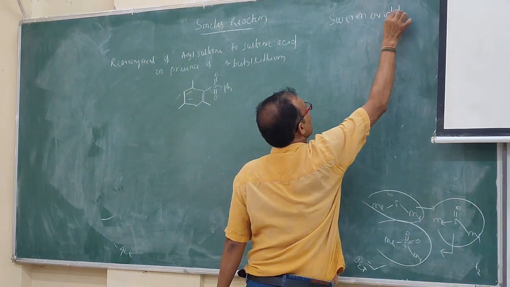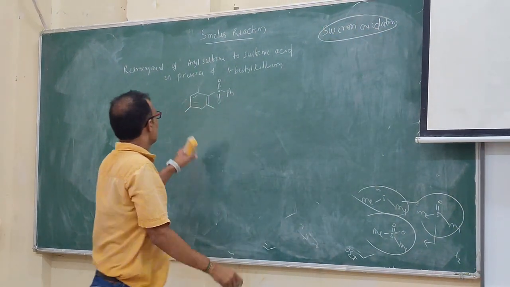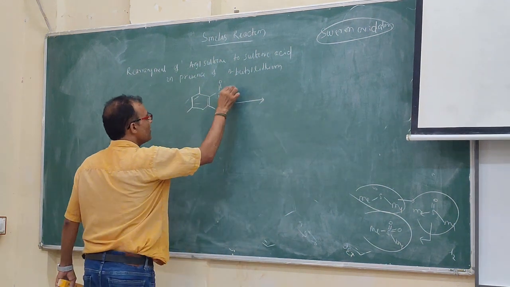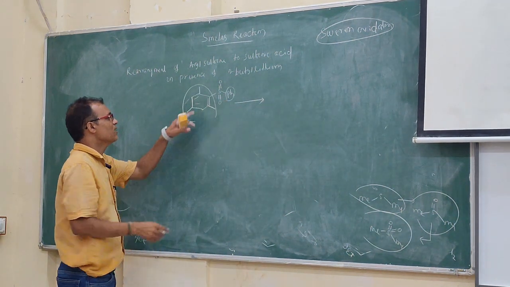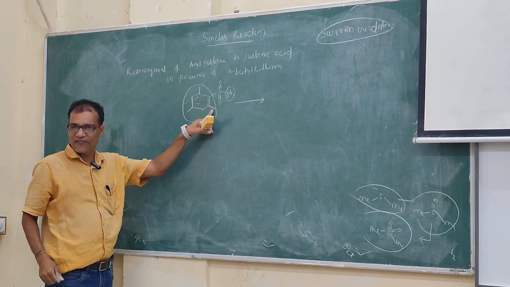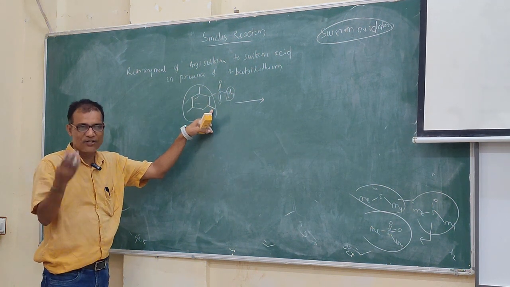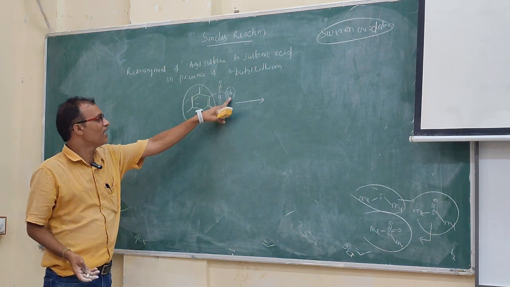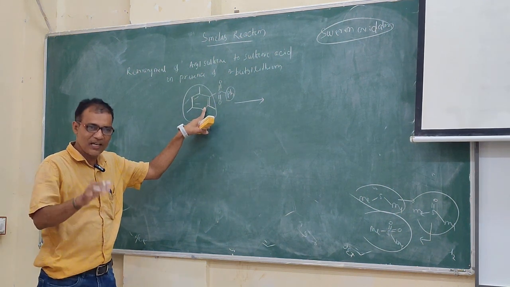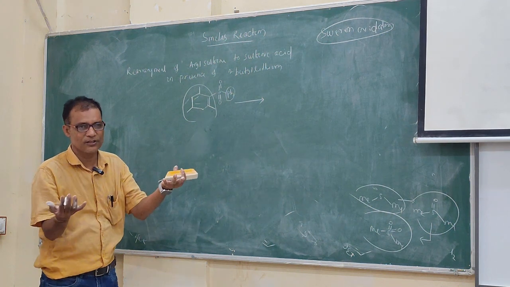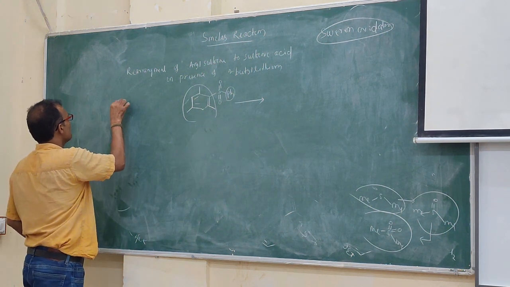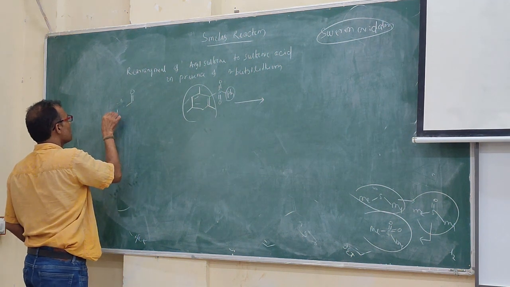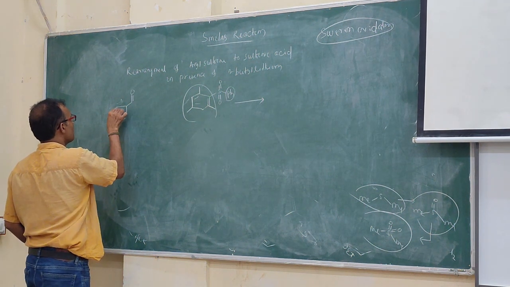See here, this is phenyl, this is aryl. Whatever it may be, it may be 2,4,6-trimethylphenyl or only phenyl or nitrophenyl or methoxyphenyl. Aryl means a phenyl ring containing some substitution. It may be like this also, there is no issue. But it should have this one, so that it will be easier.